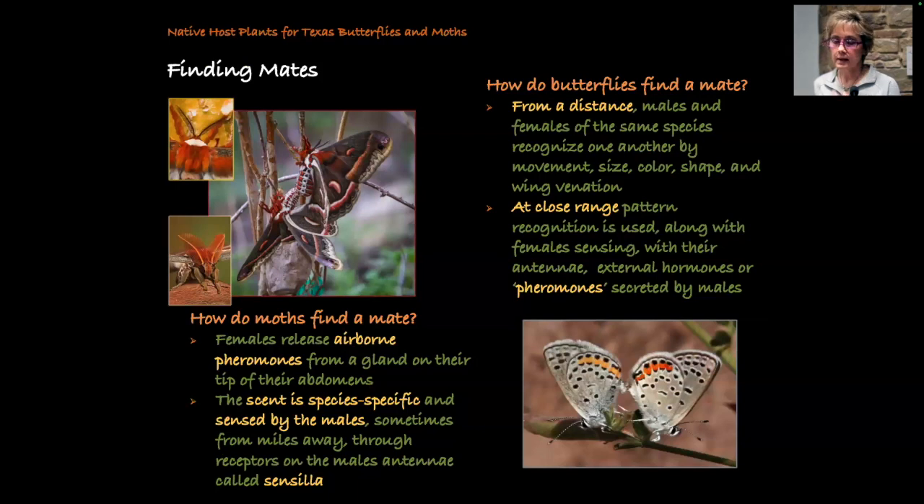So now that you know a little bit about that, let's talk about how they find a mate. Butterflies can actually somewhat recognize each other from a distance. They can tell by the movement or the size or the color or even the shape that it might be a potential mate. And at close range, they actually use pattern recognition. But more importantly, the females will sense with their antennae the pheromones, or the external hormones, that are excreted by